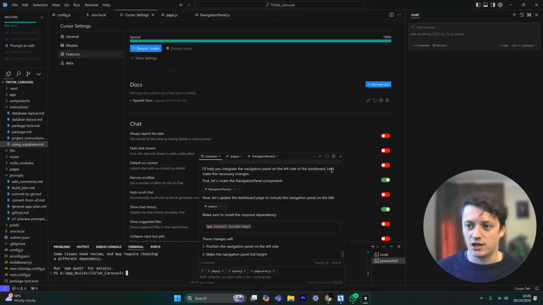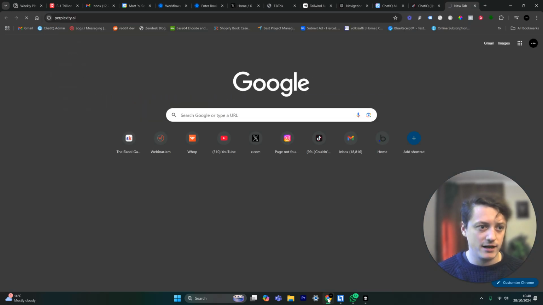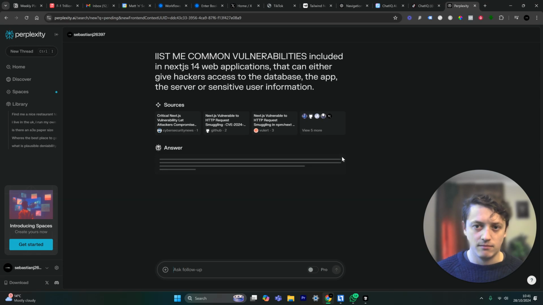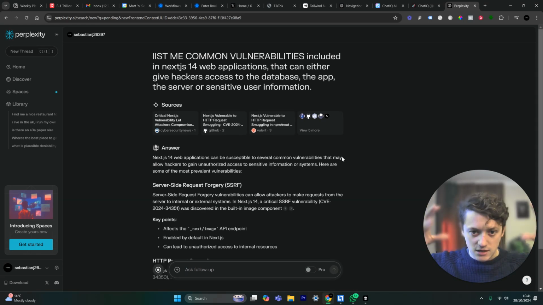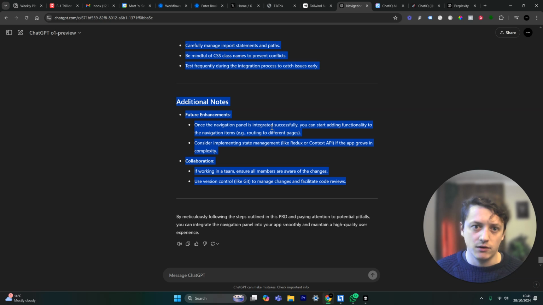And the same thing goes for, let's say we're checking security, for example, and vulnerabilities. What I would do is create a detailed instruction where I, for example, use various AI tools, like let's say we go to Perplexity, right? And I would do research through Perplexity, right? And it obviously depends on your experience level. Maybe you'll have an idea of what all of these vulnerabilities could be, or maybe sometimes just because we're human, we will forget different edge cases. So what I would do is take this research, okay? I would then give this research to O1 Preview, break down exactly what I want it to do, and then